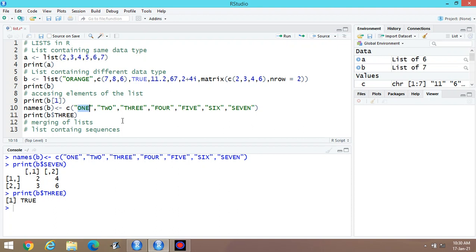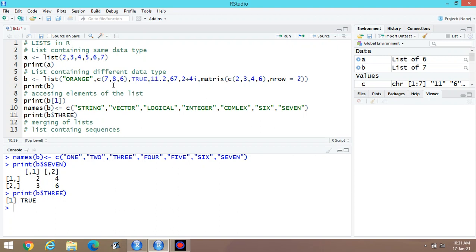Suppose I am writing here string, then vector, then logical, then integer, and then complex, then decimal here in double quotes.